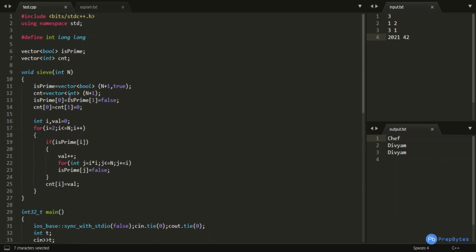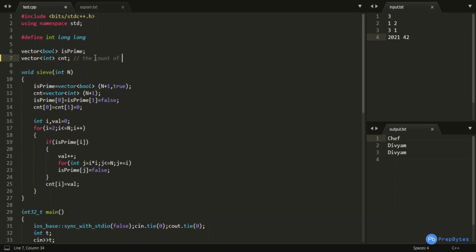It's a very famous programming technique. I am basically having a boolean vector isPrime, and for n plus 1 I am making all the values true initially, and I am also maintaining another array count